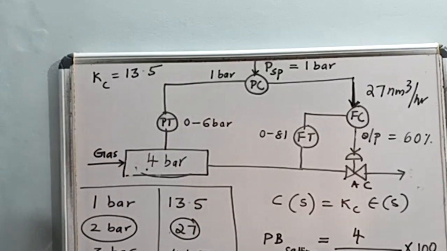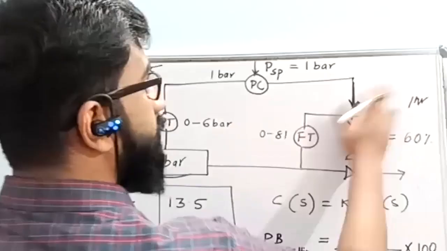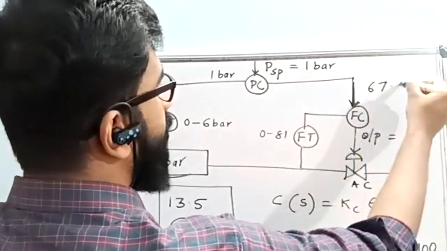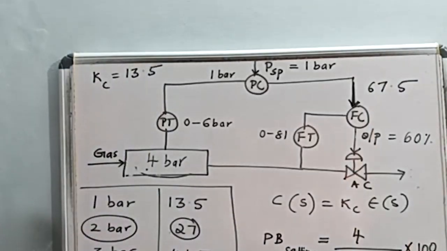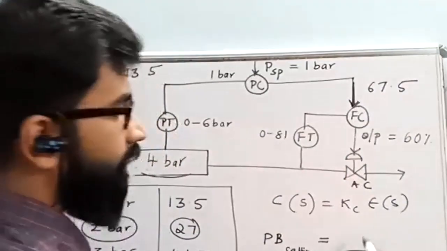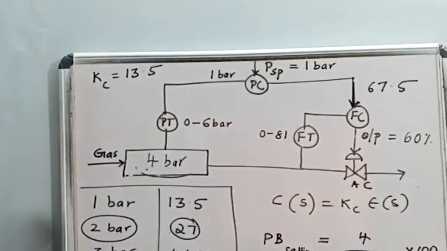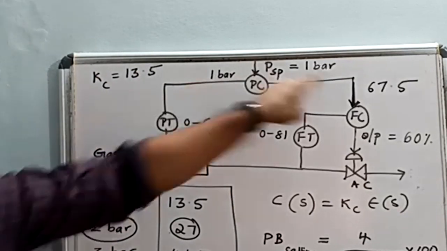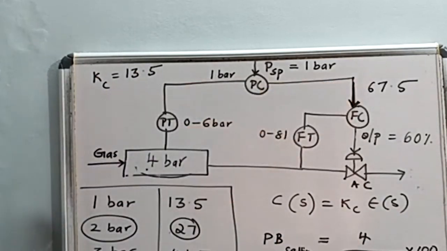If any other question, if they were asking for getting 67.5 at 4 bar, we can say ideally for 5 bar, you are getting 67.5. So here, according to 4 bar, it is 67.5, so your proportional band setting should be 4 by 5 into 100. Clear? So this is the meaning. So this is this question. I hope it is clear. Okay, so this is the part.